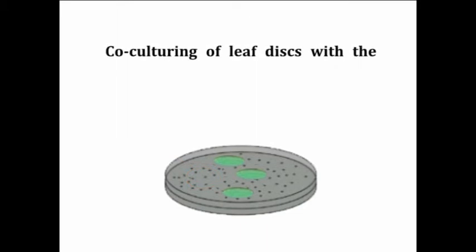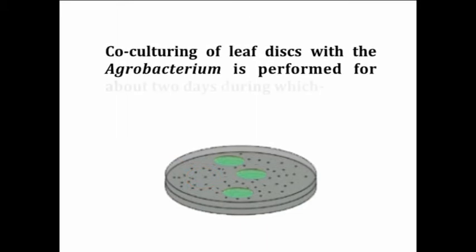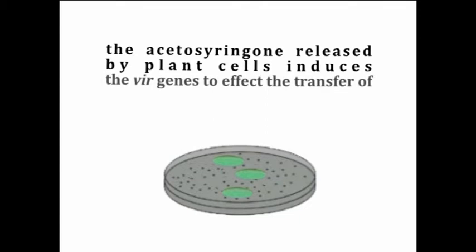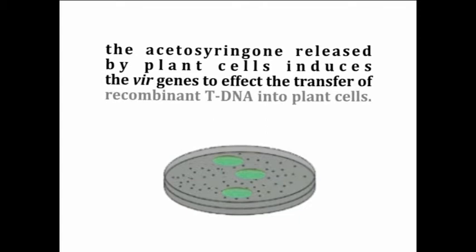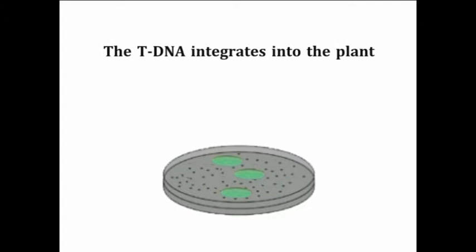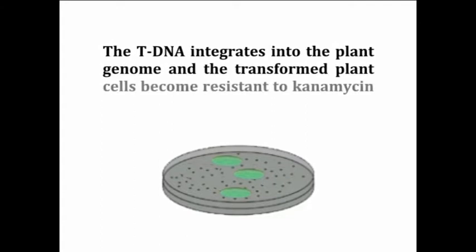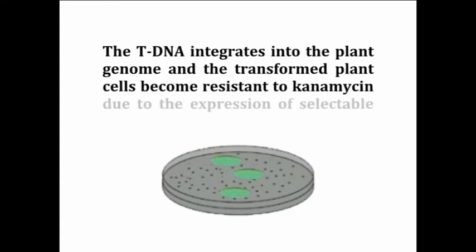Co-culturing of leaf discs with the Agrobacterium is performed for about 2 days, during which the acetosyringone released by the plant cells induces the vir gene to effect the transfer of recombinant T-DNA into plant cells. The T-DNA integrates into the plant genome